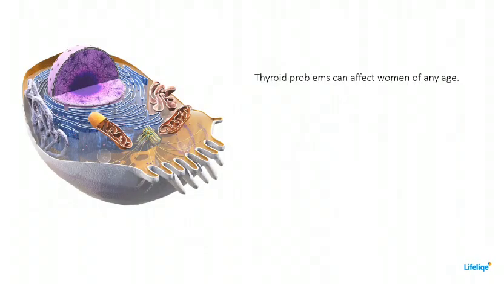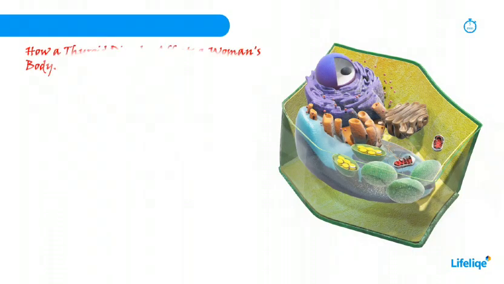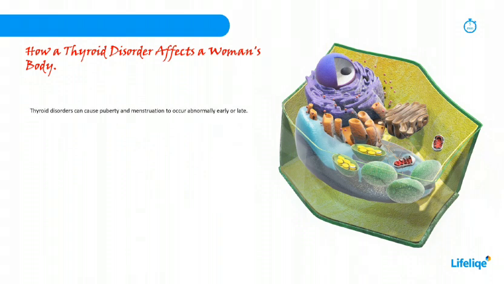So thyroid problems affect women of any age. Now the question arises: how does a thyroid disorder affect a woman's body? These thyroid disorders can cause puberty and menstruation to occur abnormally early or late, and an overactive or underactive thyroid can also affect ovulation,